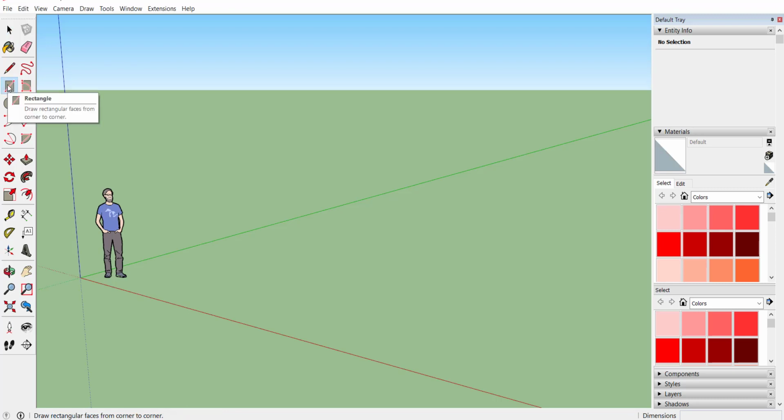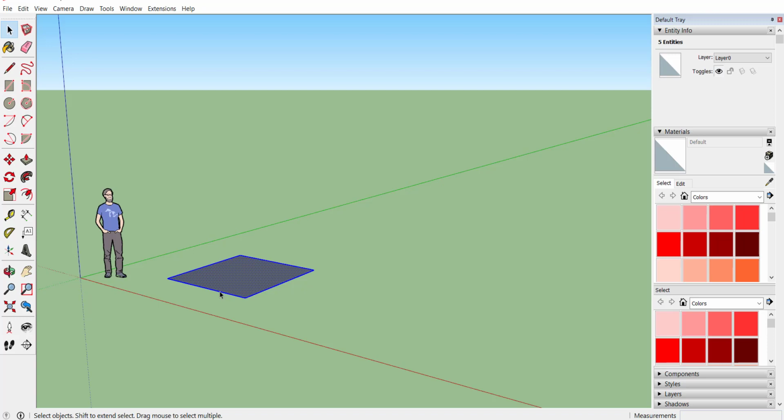Let's now see that if we want to make a rectangular array, then how can we generate the array? Let's first draw the rectangle. If I want to make a rectangular array of 5 rows and 5 columns, then first create 5 copies of this rectangle in one row.